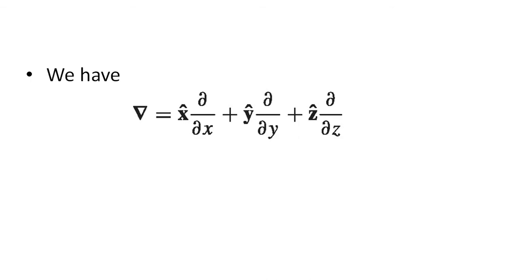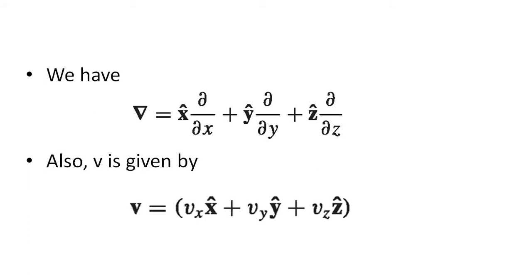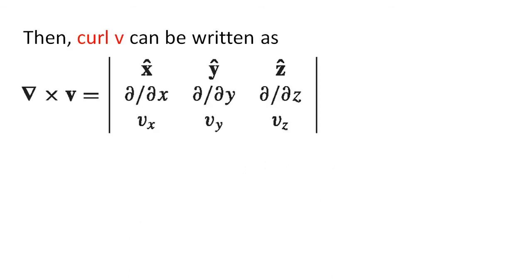The curl. We have the equation for del, that is del equal to x cap ∂/∂x plus y cap ∂/∂y plus z cap ∂/∂z. Also, v is given by v equal to vx x cap plus vy y cap plus vz z cap. Then curl v can be written as del cross v equal to